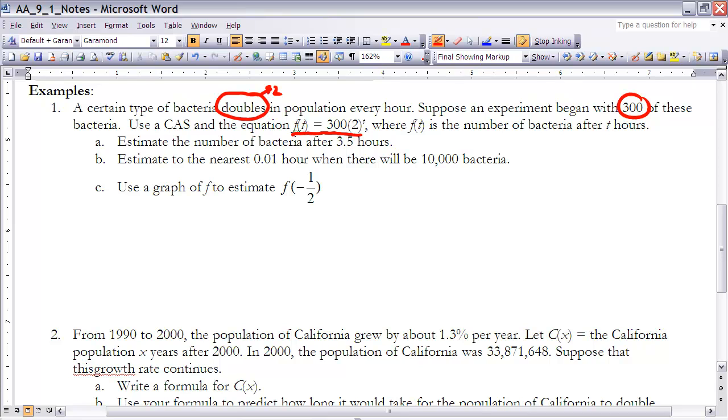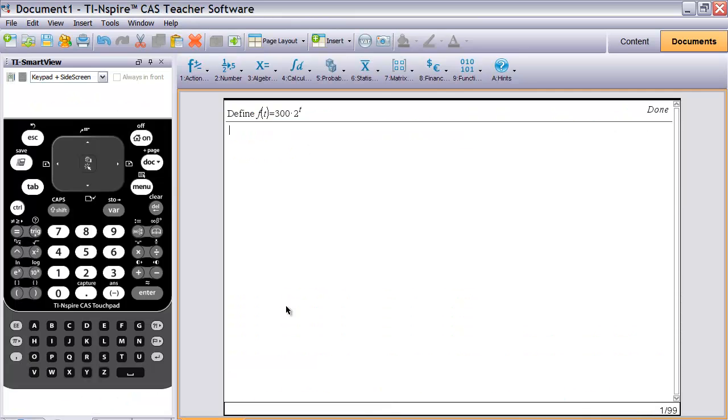Okay, so it says use a CAS and the equation where f of t is the number of bacteria after t hours. Estimate the number of bacteria after 3.5 hours. So first thing I'm going to do is come over to my calculator and define that function. So I'm saying f of t is equal to 300 times 2 to the t. I've defined it, it just says done. Now I want to find out what f of 3.5 is, because I want to know how many are after 3.5 hours. Well, if I do that, I get